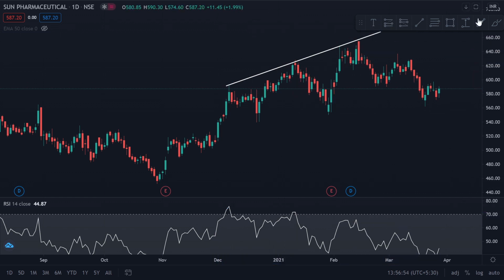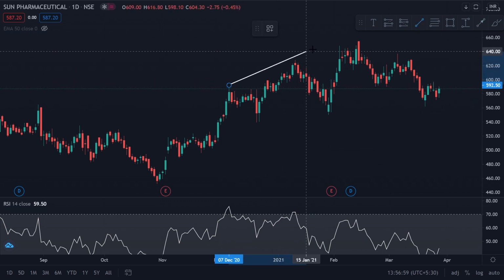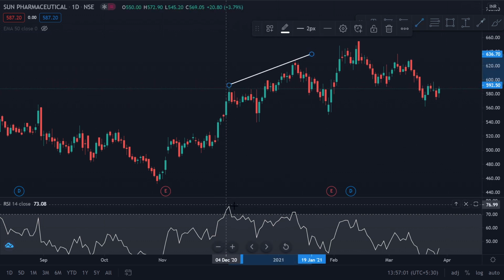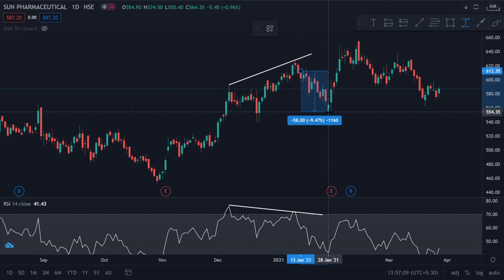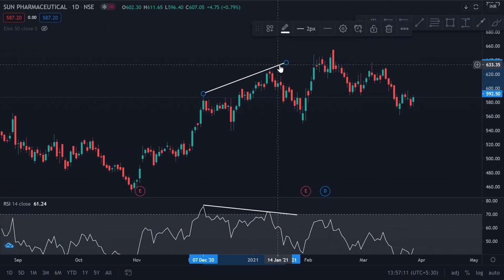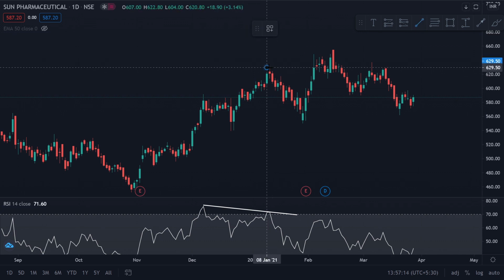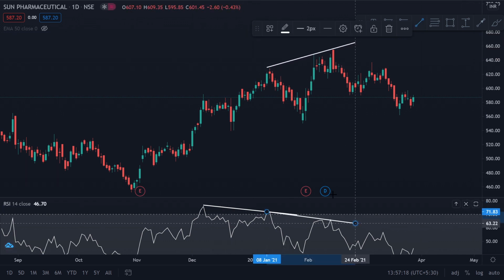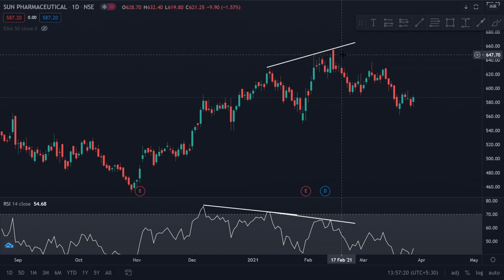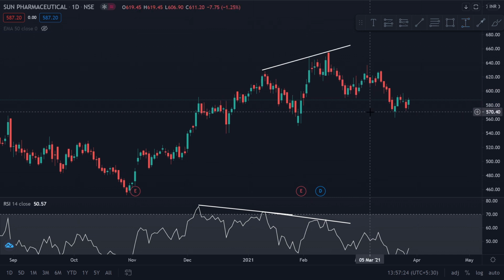First opportunity was when I spotted this. When I spotted this right here and this right here, I had an opportunity to go short right at the peak, or let's say a couple of days later, and you have 10%. Another opportunity for me was when this happened. Another higher high was formed, another lower high was formed in my RSI. So obviously I go short again, and another huge fall I have of 5%.